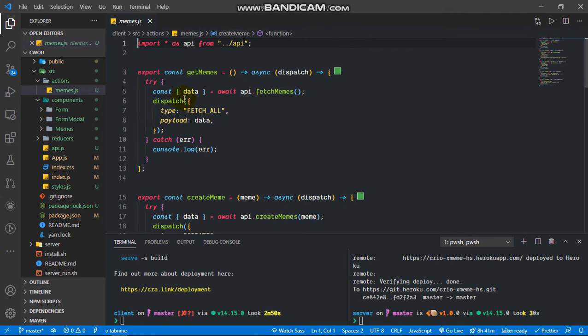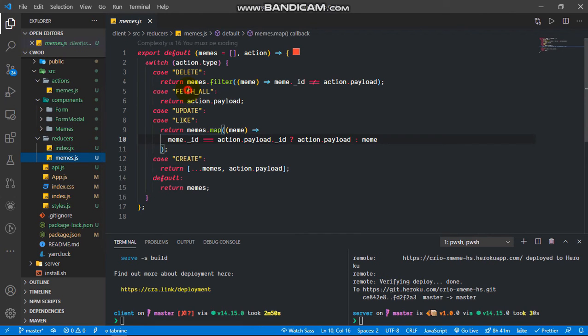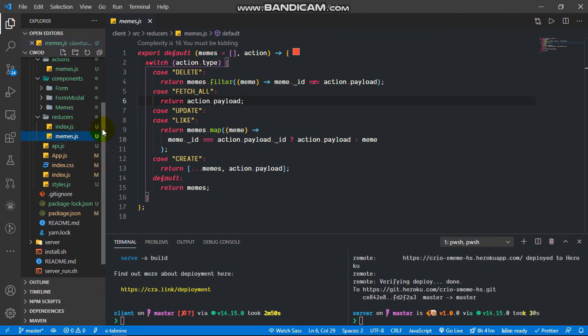If we go to actions, we have getMemes. This getMemes function is making a call to api.fetchMemes, and it is dispatching a fetch all memes action, which has been placed into our reducers. So when the action comes in, like fetch all, it returns all the payload that it has. This is basically the gist of the front end part.